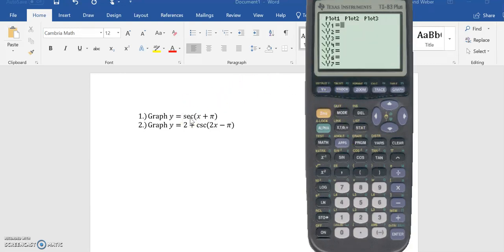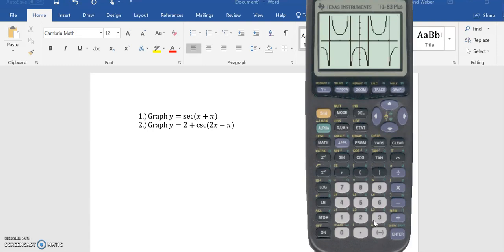And so like this one is 1 over cosine. So I'm going to do this as 1 divided by, and then I'm going to do parentheses cosine, and then I'm going to give another parenthesis, x plus pi, end parenthesis, end parenthesis. Parentheses are definitely your friend here. Now when you look at this, this is the standard box that most of you graph in, but you can change your zoom to zoom trig, which is often very helpful. It's going to give you that negative 2 pi to 2 pi look